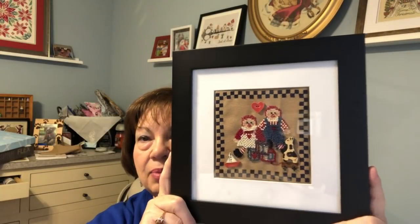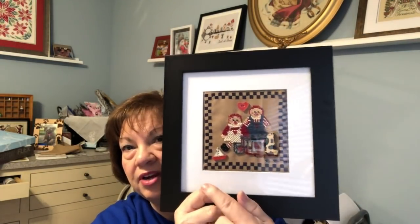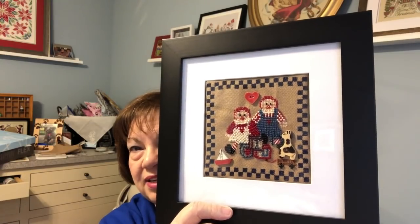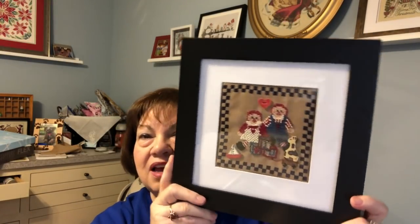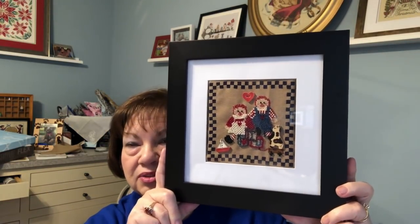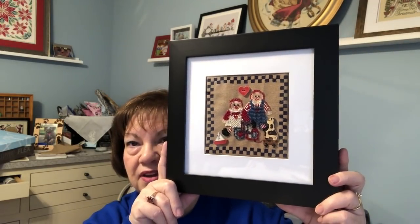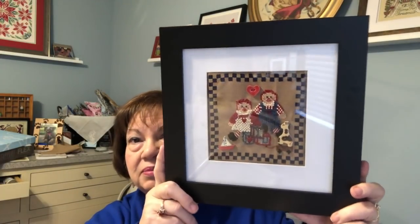It had a double mat, but the second mat would have covered up the entire border. Without the little second mat, this was perfect. So I pulled the second mat off. It was glued on with spacers, like a little bit of foam. And I just pulled the spacers off and I left the foam in there because the foam keeps it deep enough,